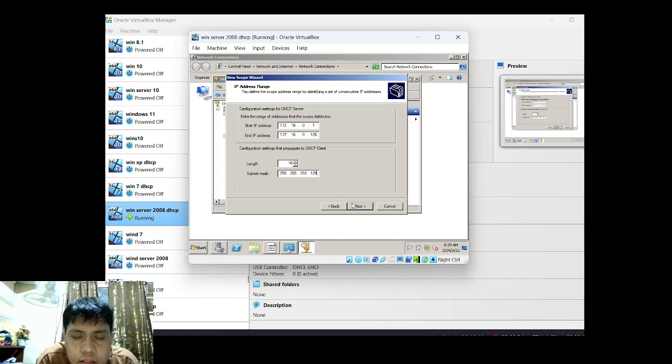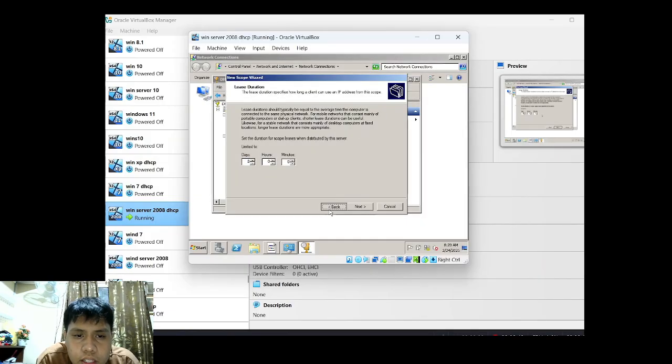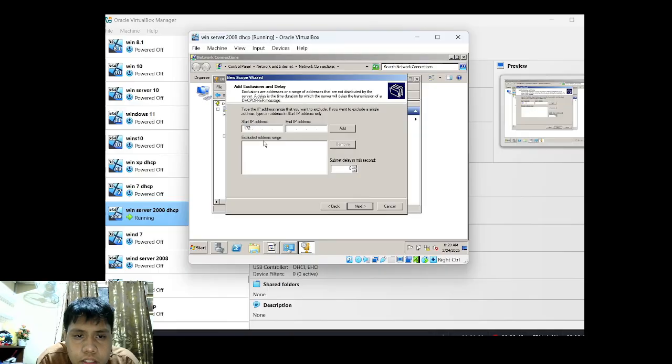Then next, the IP address is 172.16.0.1, then 172.16.0.10. Then add, then again 172.16.0.117, 172.16.0.126. Then add,